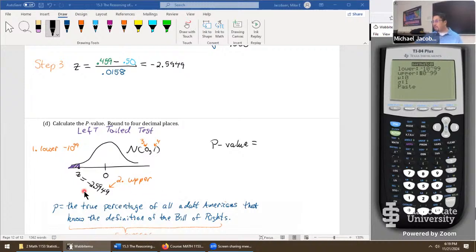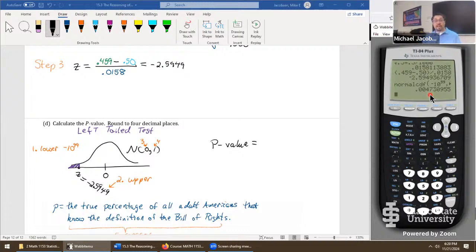And then for the upper value, negative 2.5949. Double checking those, I have a bad habit of miscopying this stuff. Then 0.1, and we should be all set. So that's what your calculator should look like right before getting the p-value. Enter a couple times, and there it is,